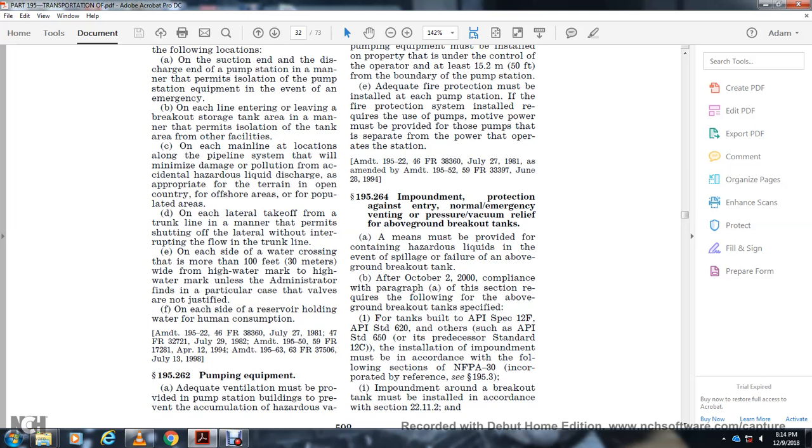Alright, 195.264 Impoundment, protection against entry of the normal and emergency venting, pressure vacuum relief of aboveground breakout tanks. Meaning the provider with the container that has a liquid in the vent, with the spillage valve above the ground. For a breakout tank after October 2nd, 2000, compliant with paragraph A of the section, the following aboveground breakout tanks specify that the tanks built to API Spec 12F, API Standard 620, and others such as API Standard 650 or the predecessor Standard 12C, the installation impoundment